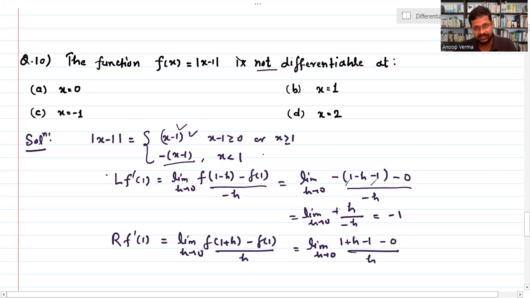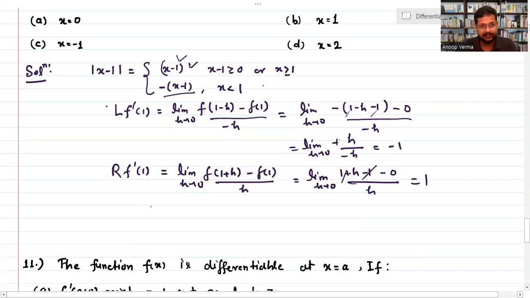So h cancels with h, we will get 1. So we see that the left hand limit is not equal to the right hand limit. So you can say, since the left hand limit at this point 1 is not equal to the right hand limit at this point, it means not differentiable